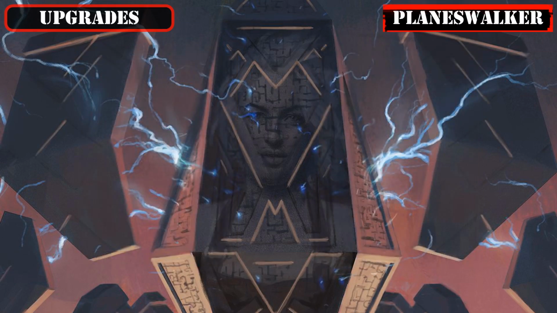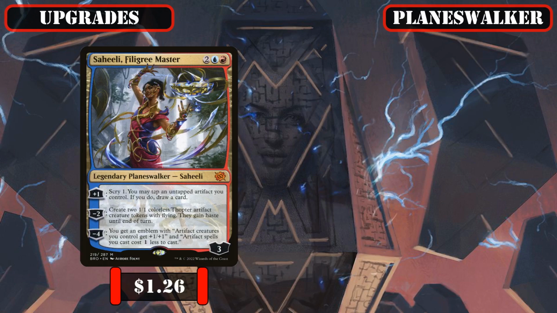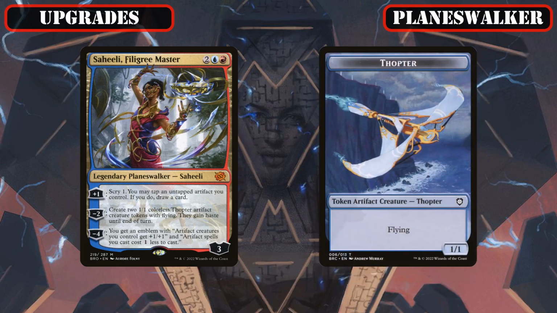Nearing the end now, our Planeswalker upgrades will see 2 new additions added to the final build, with one of our spare forests being replaced with Saheeli Filigree Master, who provides us with repeatable card selection and draw, token creation via Thopters, and a decent artifact anthem on her easy-to-reach ult to power up our board if needed,